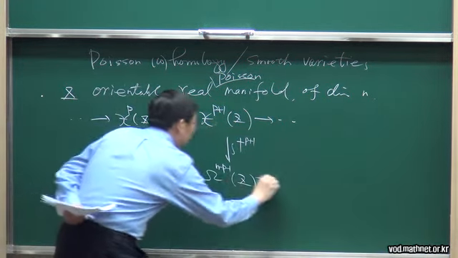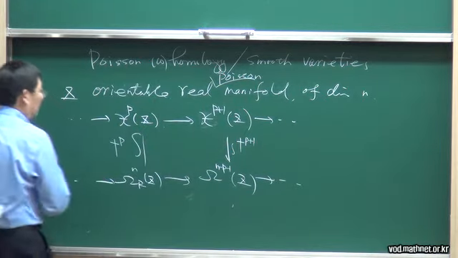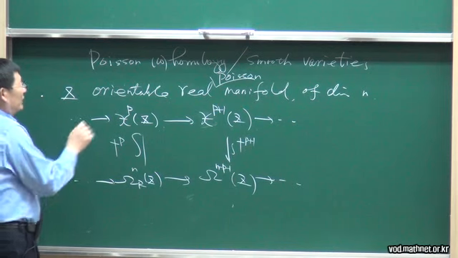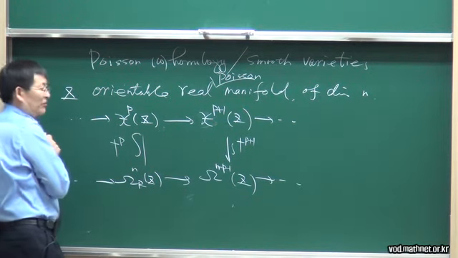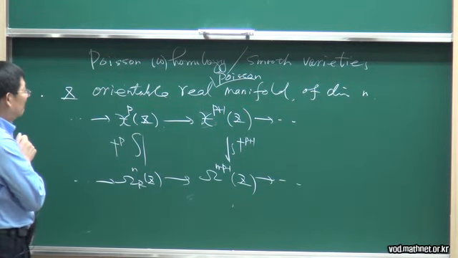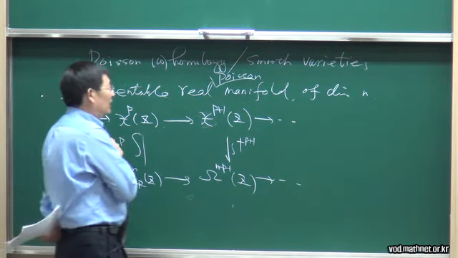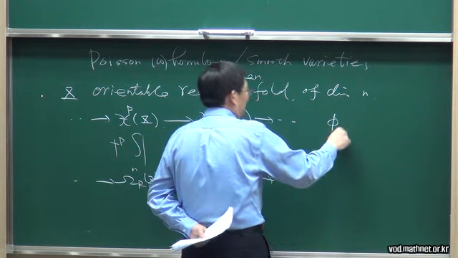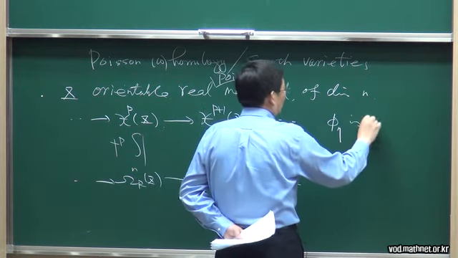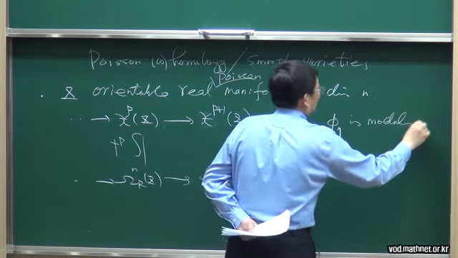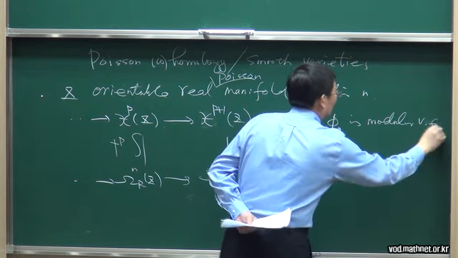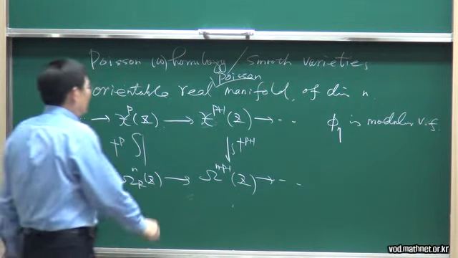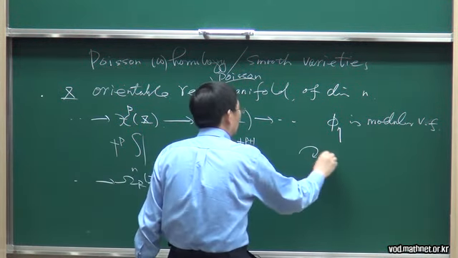And we have a Poisson chain complex. In fact, if it is orientable, we can get the isomorphism here. And if phi eta is the so-called modular vector field, I will define it in an algebraic way, then this is commutative up to,